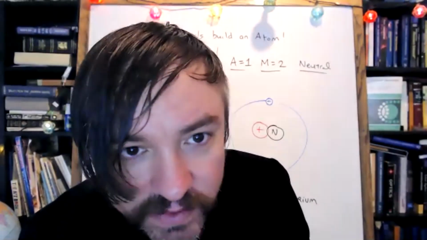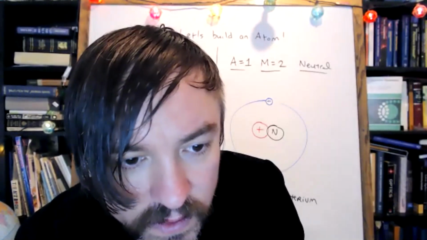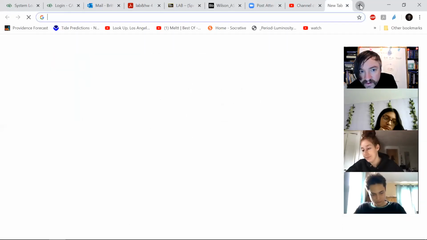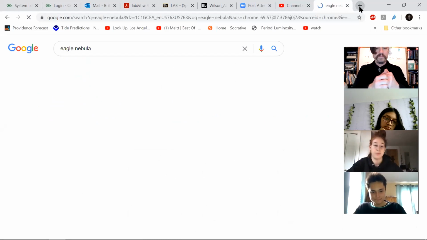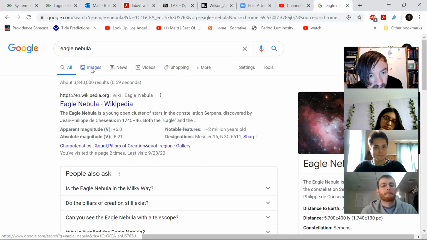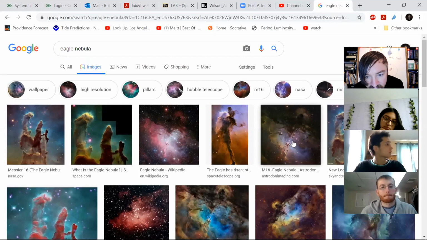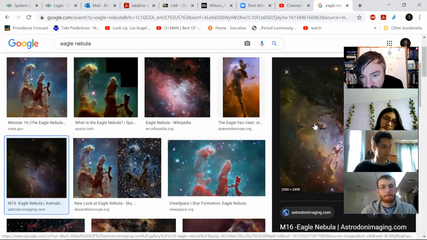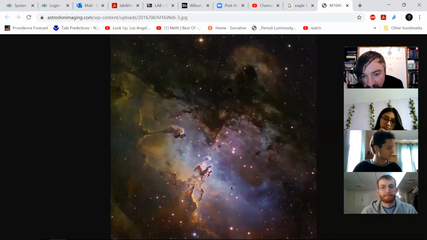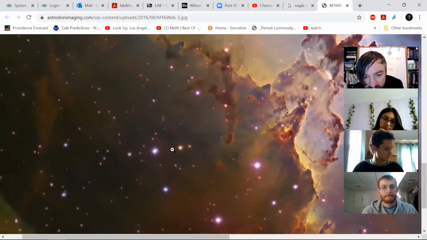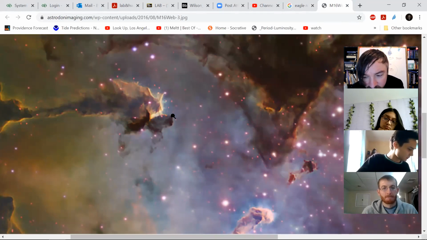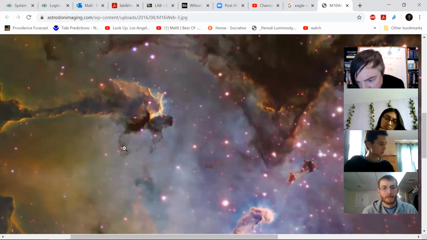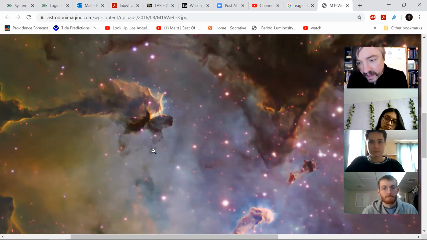Let's see where we might find some hydrogen. Let's take a trip to outer space together. Let's go somewhere fun. Like, I don't know, the Eagle Nebula. The Eagle Nebula is a massive structure of mostly hydrogen and helium gas found somewhere out there in the disk of our galaxy. If you could fly through all this stuff in the Millennium Falcon and scoop up pockets of this gas, you would discover that this gas is made up of